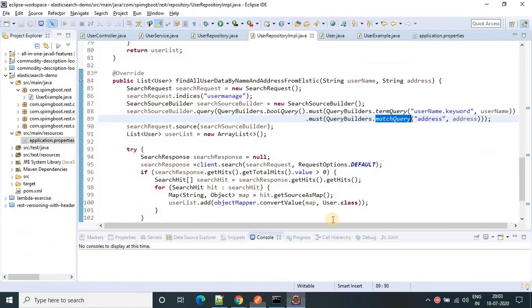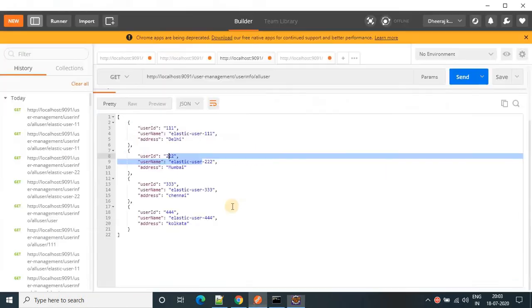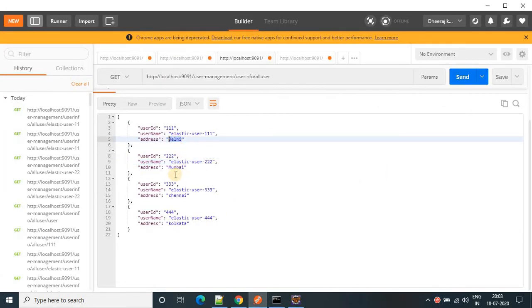For that, I used the term query here because term and keyword will search for an exact match. But if you see the address, it is different for all of the objects: Delhi, Mumbai, Chennai, and Kolkata. So it's already different. So no need to use the term query and keyword analyzer.